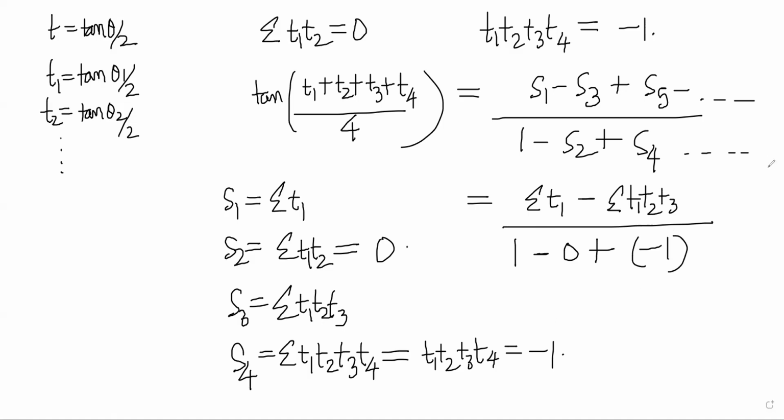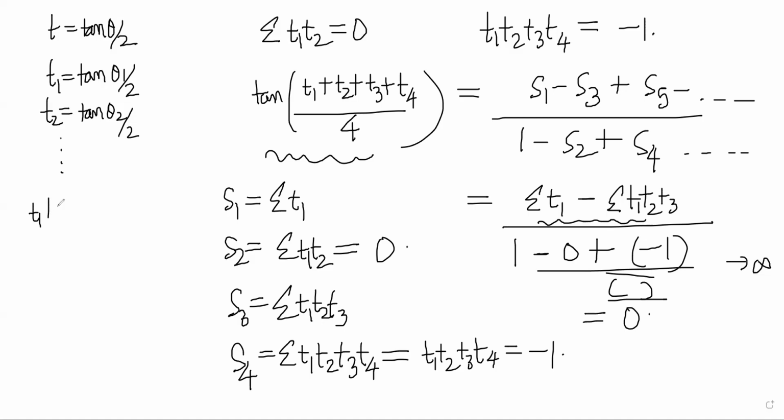And there is no other higher term because there are only 4 terms here. So you'll not get an S6. So this becomes 0 because the denominator becomes 0. The numerator is not 0. Denominator is 0, which means your tan term is tending to infinity, which means T1 plus T2 plus T3 plus